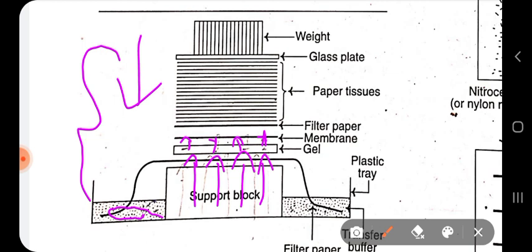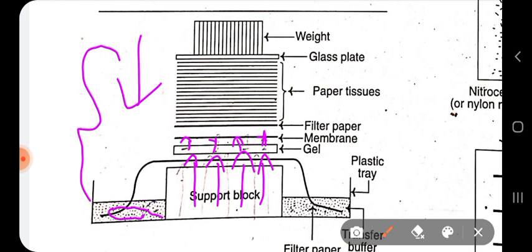So the relative positions that were present on the bands on the gel, that same position of the bands will remain on the membrane as present in the gel. So the resolution of the bands that was observed in the agarose gel, after we have done electrophoresis, we have observed them in the UV light and seen the bands.